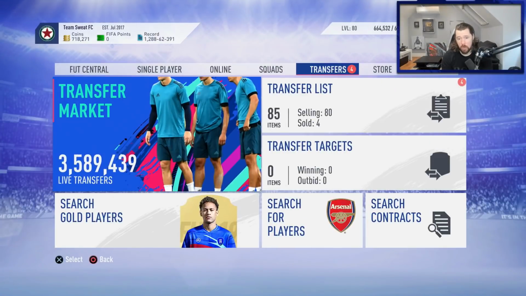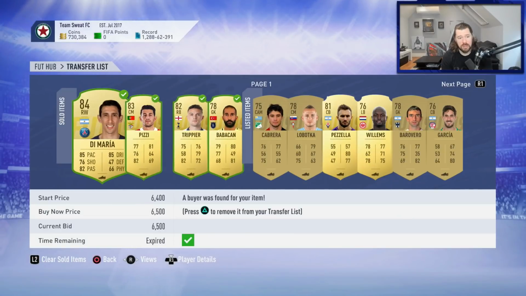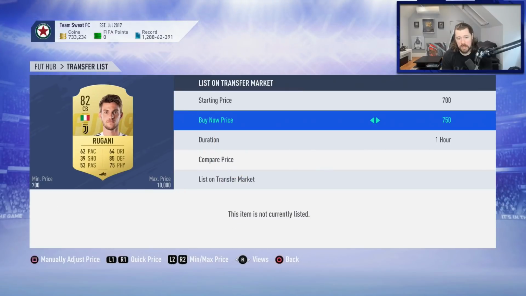So 4 items sold. Hopefully the 84s. Yeah, there you go. An 84, an 83, an 82, and a 78. That puts it up to 730. Something else just sold there as well as I cleared it, so we don't get to see what that was, sadly. But once those really big cards sell, we are definitely in a position now